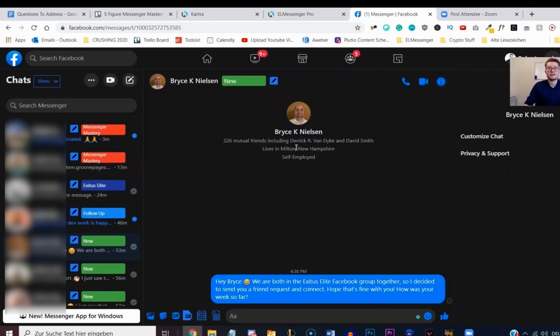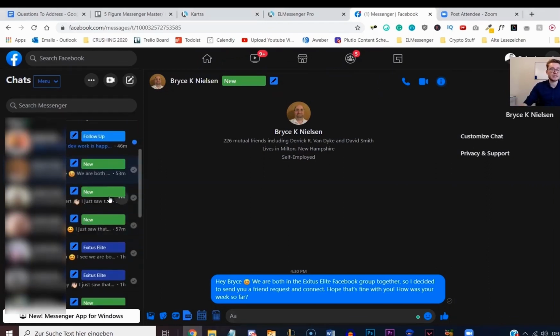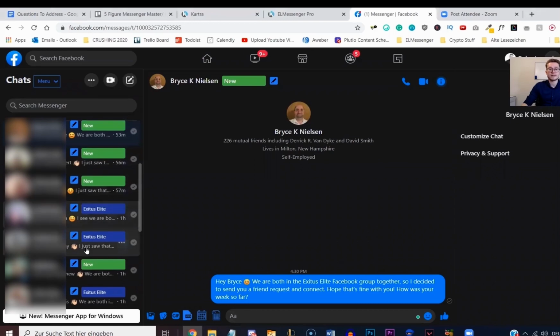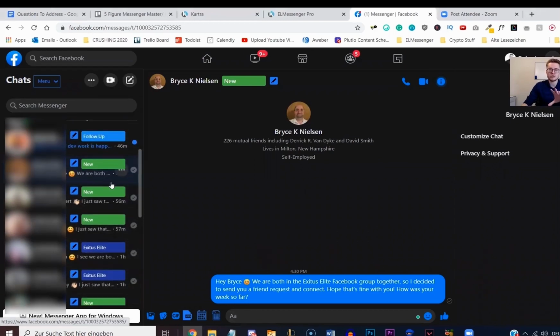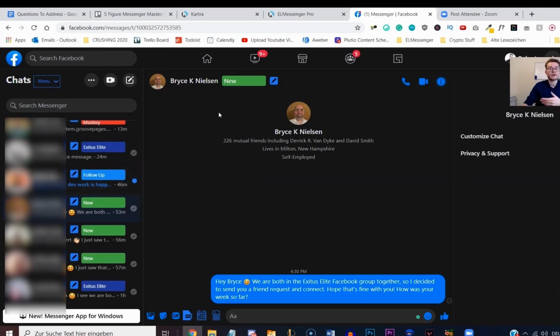So for example, previously in the video, I have been messaging people from a specific Facebook group, which is Exodus Elite. Now they have this specific tag, but just for demo purposes, I just want to show you how that would work with having a new conversation with a new person within the Facebook Messenger. So I have a default tag called new, which basically is going to get applied to every single new conversation that I'm going to be having